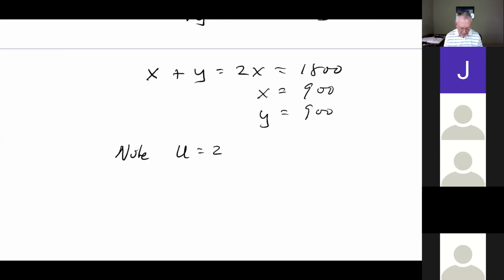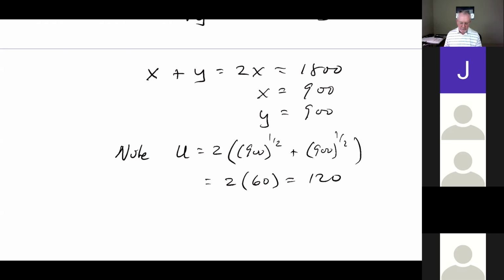Utility is equal to 2 times the square root of 900 plus the square root of 900. So this is going to be 2 times 30 plus 30, or 60, equals 120. So the level of utility that Antonio achieves with an income of 1,800, price of X 1, price of Y 1, is 120. That's his utility index. Now,